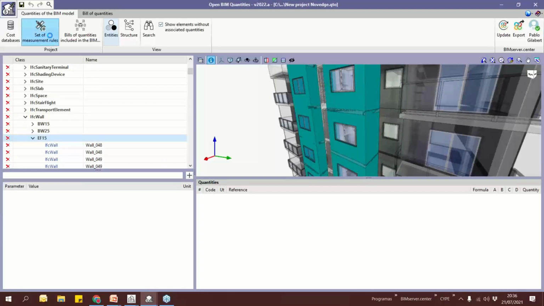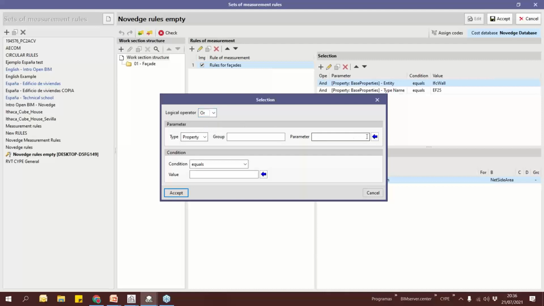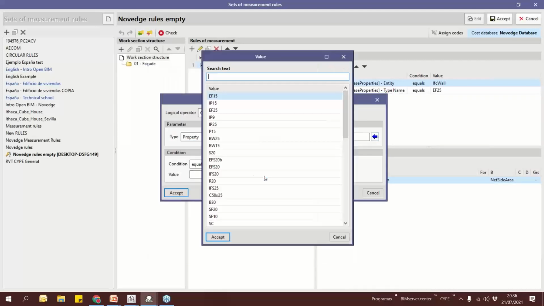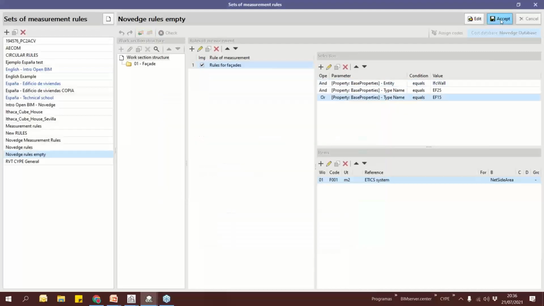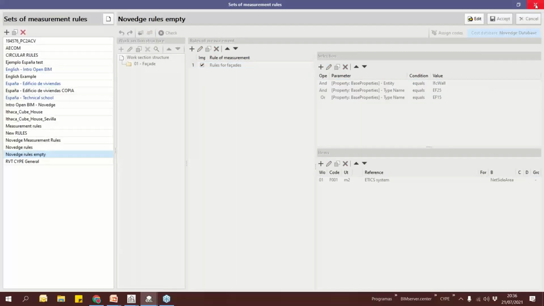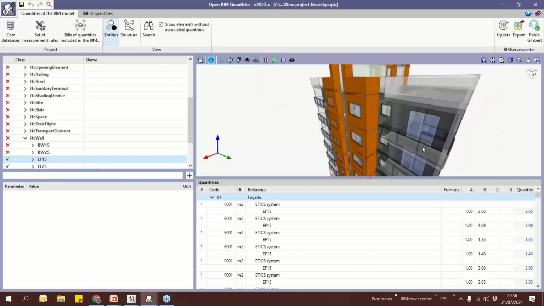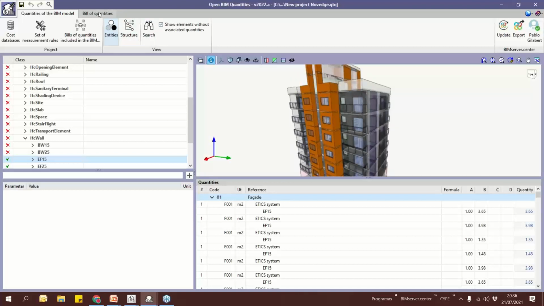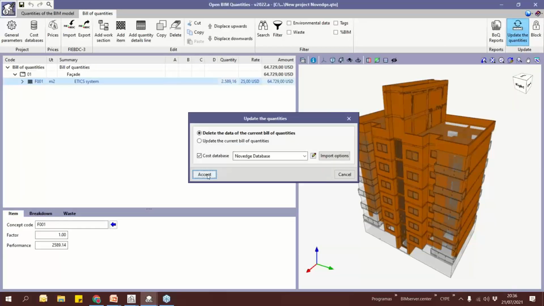So I can come here again and add a new condition saying that I want to consider this type or this other type. So I am improving the accuracy of my filters. So now the filter has been defined correctly. I go again to the second tab, and if I update it,